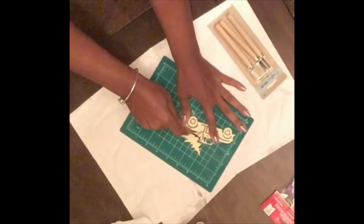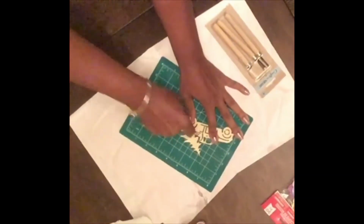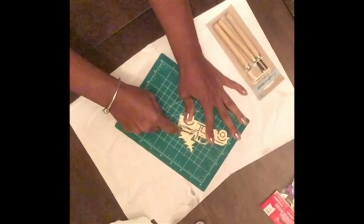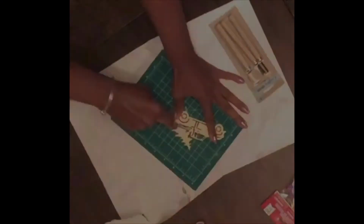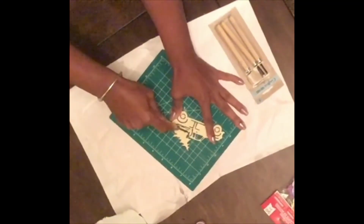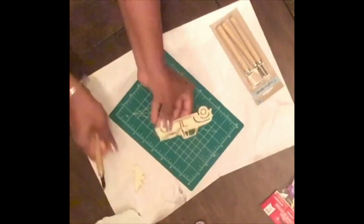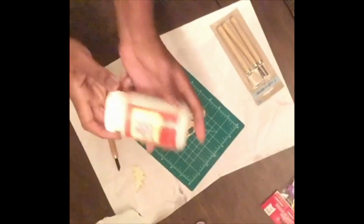I'm starting with a wooden Christmas tree ornament. I want to cut the tree portion off of the truck, and because of all the cutouts within the truck, I didn't want to try to snap it off and snap my truck in half. So I thought using these wood cutting knives would be easier, and a few passes and I was able to